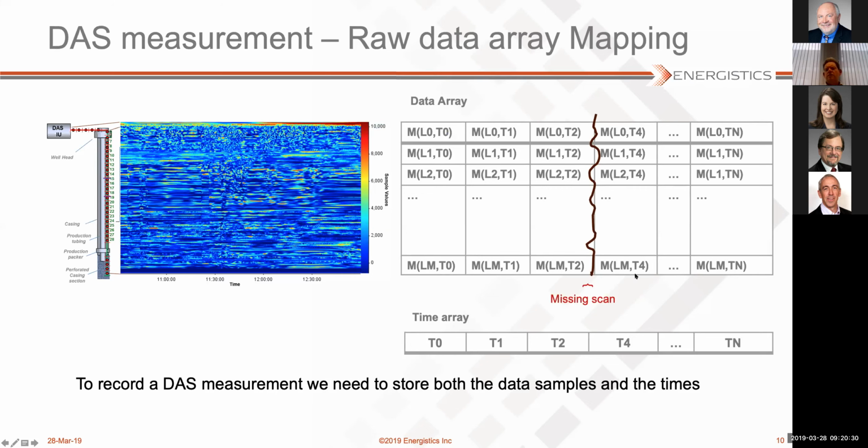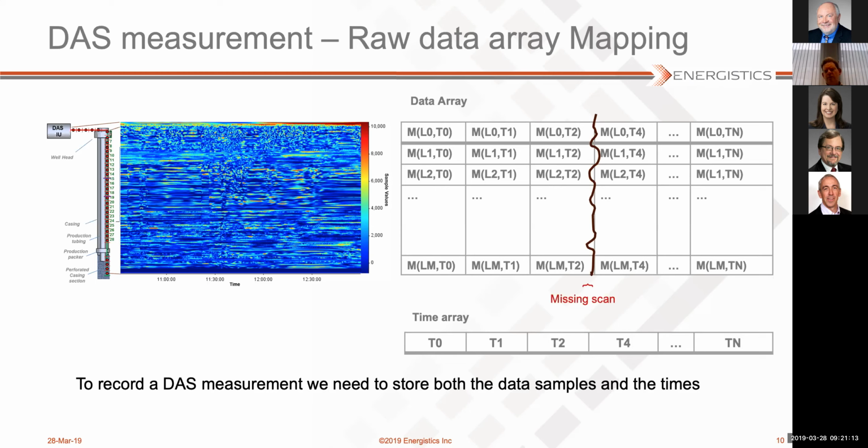Now you could ask, why don't we store that all in just a standard array and then we're done with it? Well, because these interrogation rates are so high, and systems sometimes have glitches, you may occasionally miss a scan. So one other thing we need to store as part of the data is also the measurement times. So you need a combination of times and data arrays, and these are really huge volumes, which is why you will see later we use these HDF5 files as a big container to store these data sets.